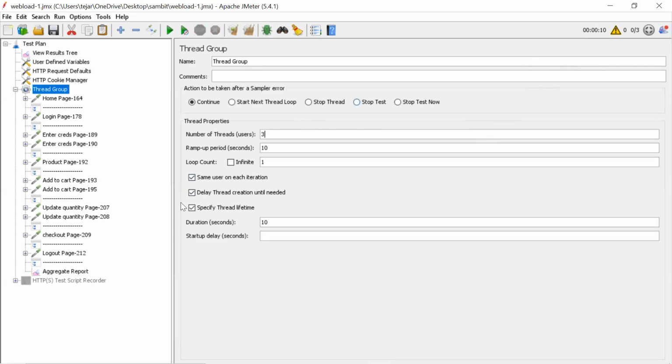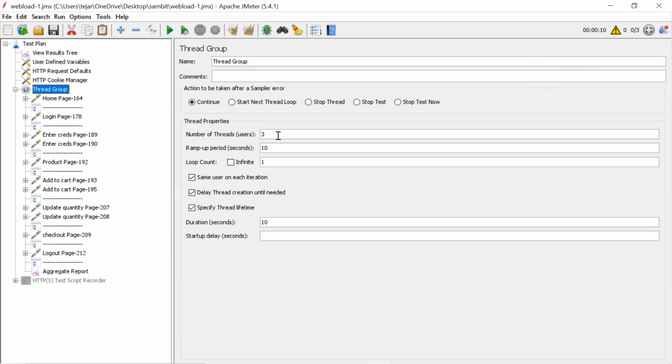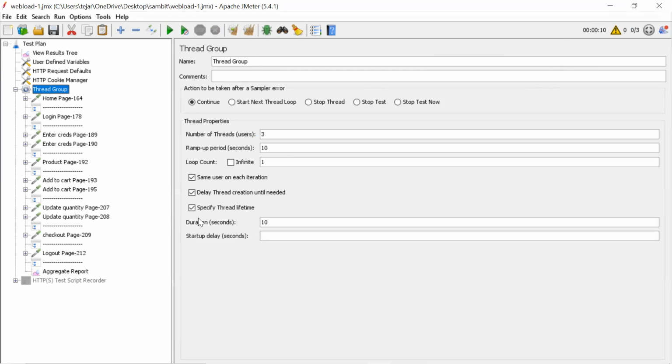See, it stopped. If you go to the aggregate report, you can see I gave 3 users, but it executed only 2, because it stopped at 10 seconds. A hard stop. So this will execute only when our script execution takes longer than this time. Then only this will be enabled.